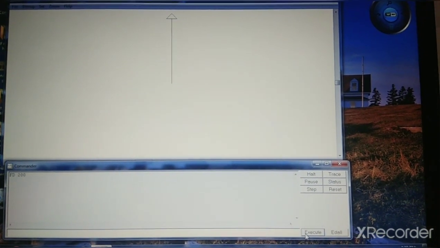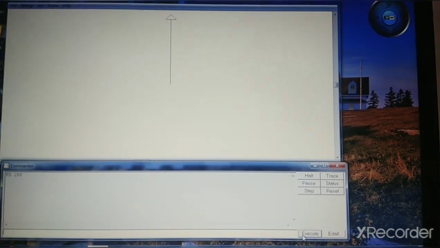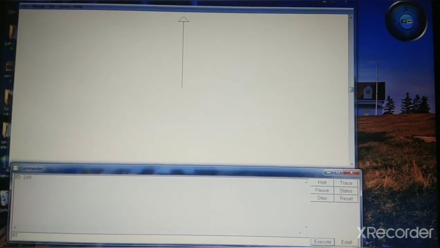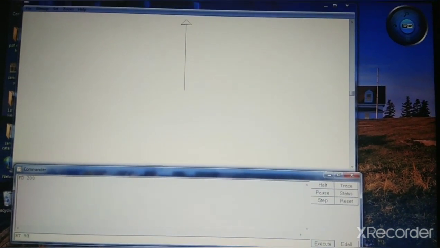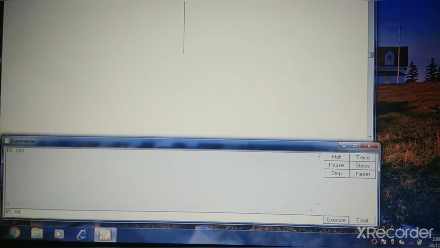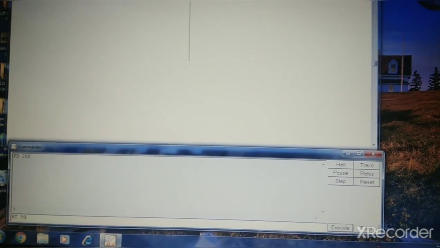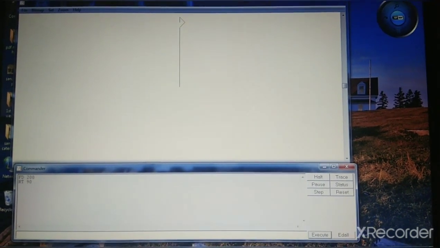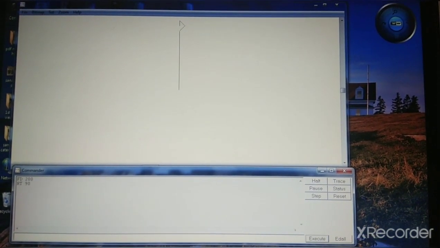Now turn the turtle to the right side, RT 90 degrees. Type RT 90 in the input box and press enter or execute command. You can see the turtle takes a right turn.